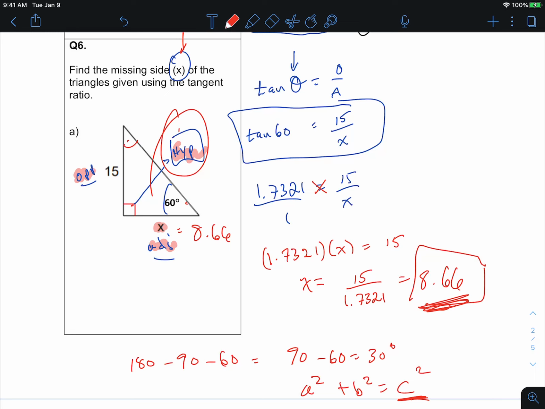Why don't you solve for the whole triangle now? You can do this question because I've shown you everything. So I can just do 60, 22. So this is 22 degrees. That's 42. Now we can do